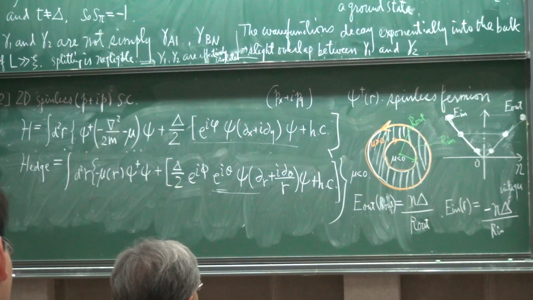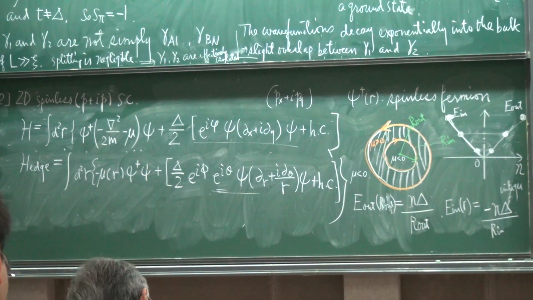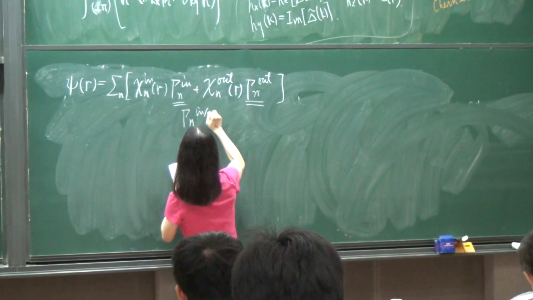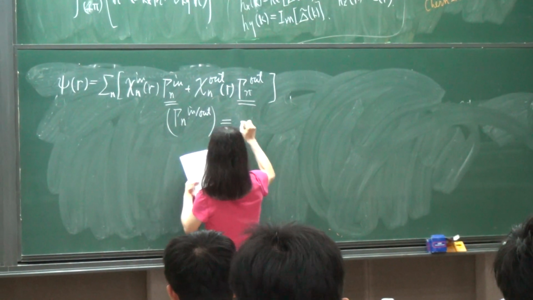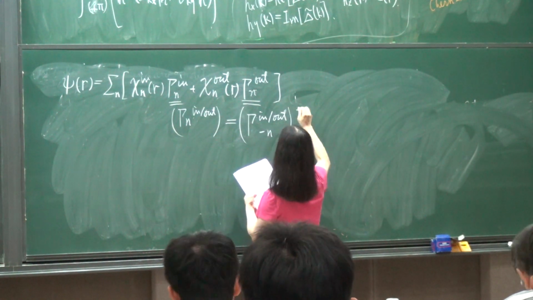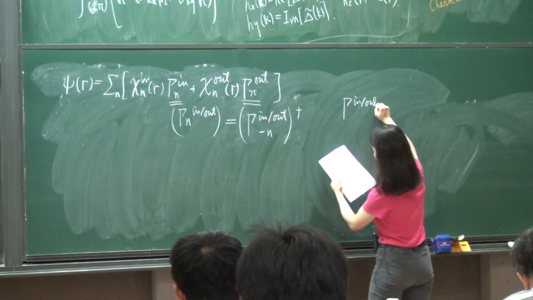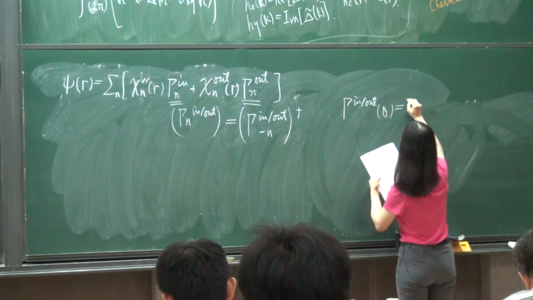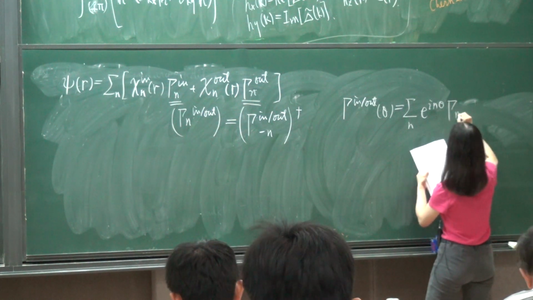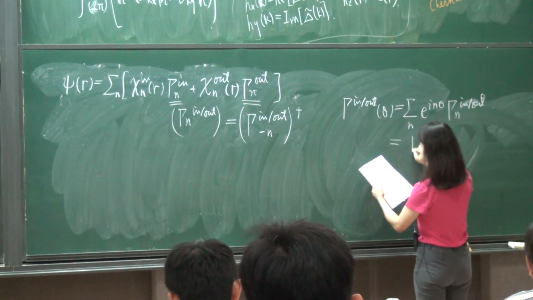But this gives you an idea that my total wave function consists of an inner part and an outer part in superposition. And then you will also find that these special quantities, in or out, have a special situation. You make n to minus n, and this will be the same. And so if I write gamma in, out, for summing all of the n values, this is the punchline here. You see this is exactly equal to